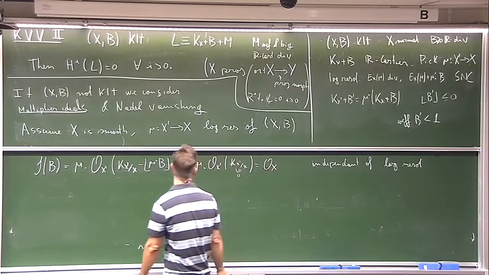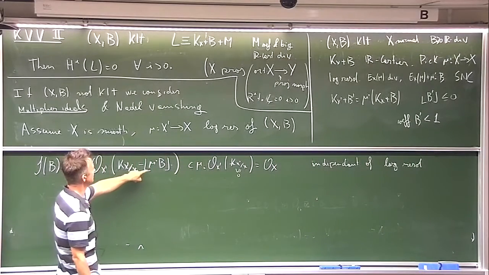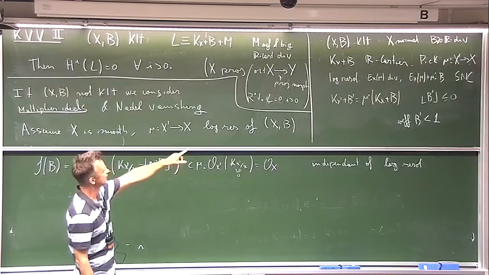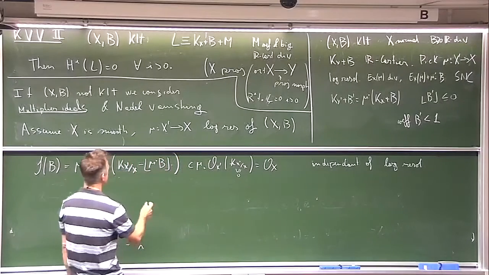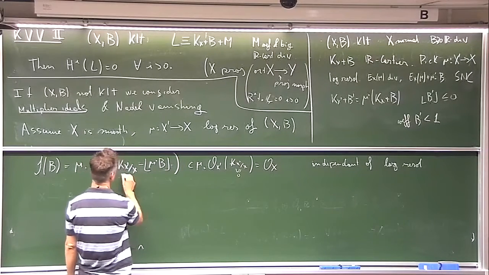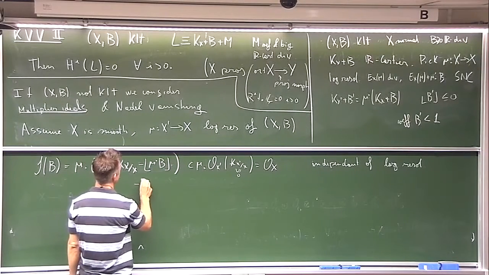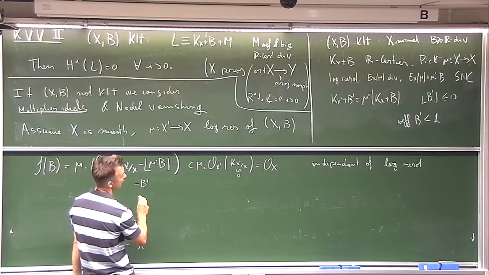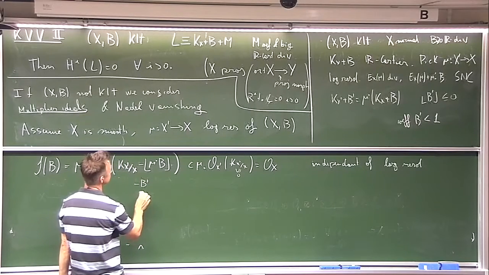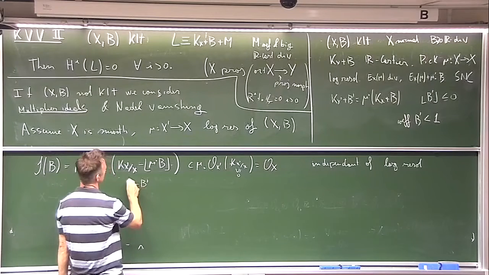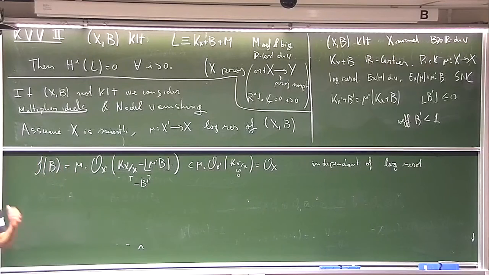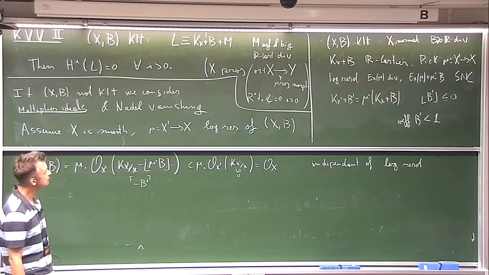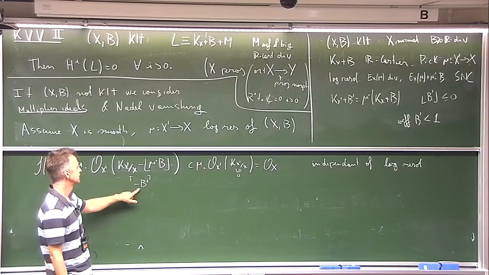The other thing to observe is that this gadget, K_X' over X minus the pullback of B, if you look at what we wrote up there, is essentially the same as the round up of minus B'. Round up or round down? Yes, the round up of minus B'. So you see,